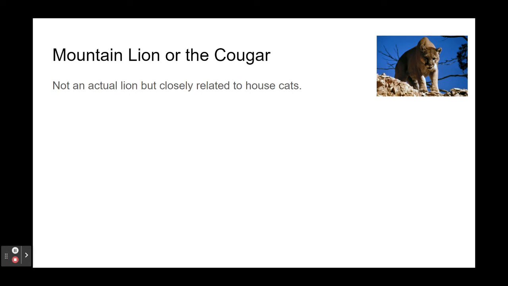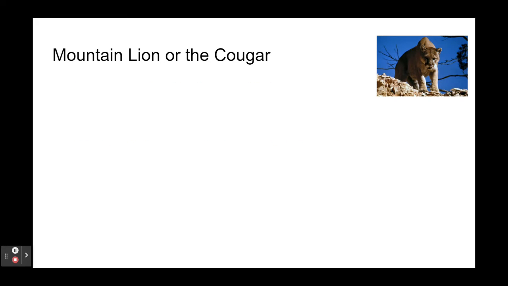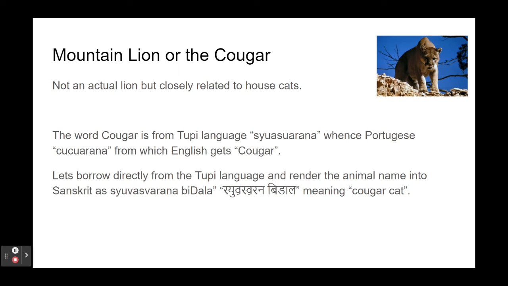Now the mountain lion or cougar, or puma, or Florida panther. Not an actual lion, but closely related to house cats. The word cougar is from a Tupi language, a South American language. The word is Siwaswarana, from which we get Portuguese Cucarana, from which English gets cougar. Let's borrow it directly from the Tupi language and render the animal name into Sanskrit as Suvasvarana